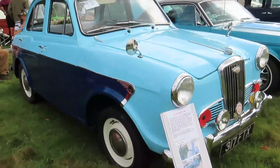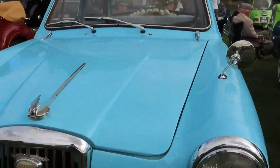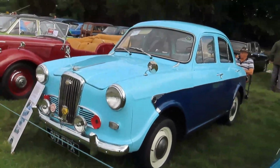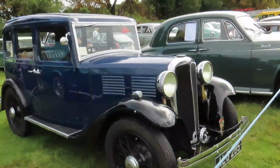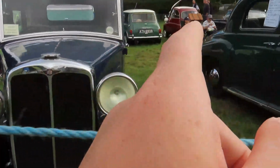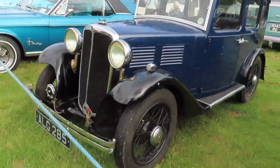I say Wolseley 1500 over here, similar to the one we saw before. Steel band from Stockport. I've just seen them going past the commentary point 10 minutes ago. I do like the shape of those. Mustang. Well worth seeing. And now a standard little 9. You can see the little standard logo there. Haven't seen any standard 8s, but we've seen one Vanguard, which is over there somewhere, and now a very rare